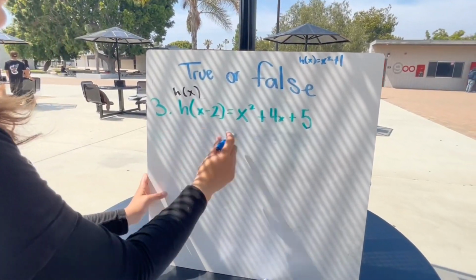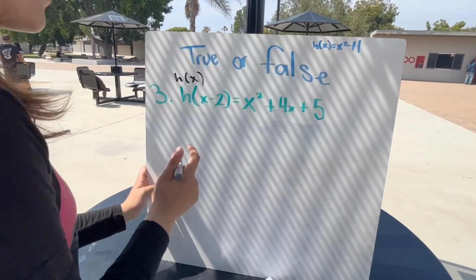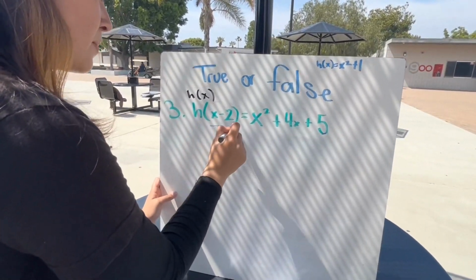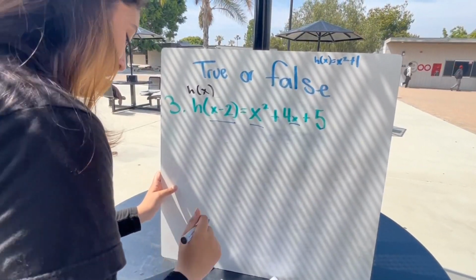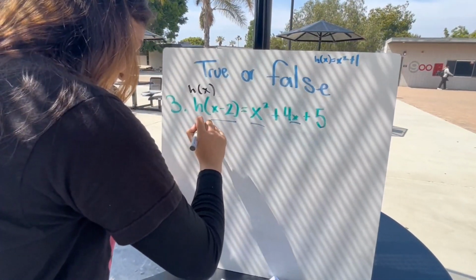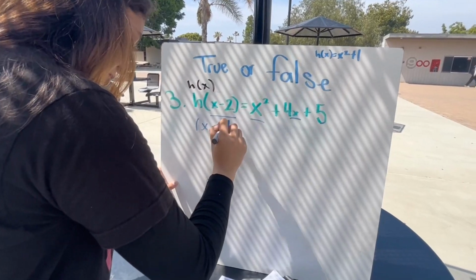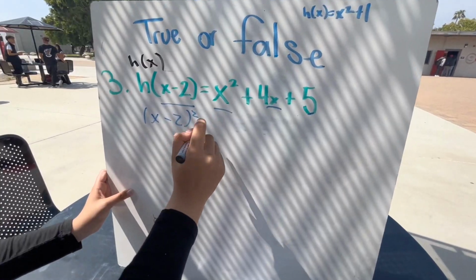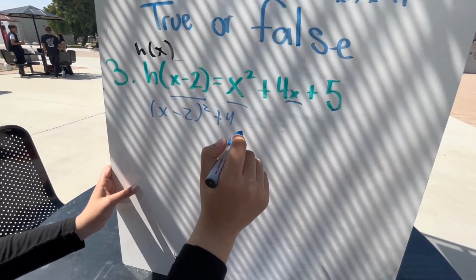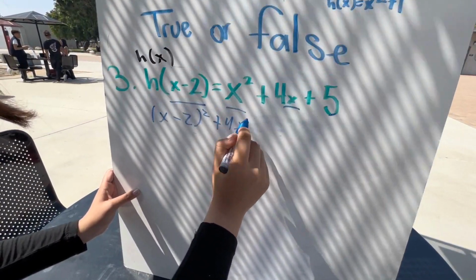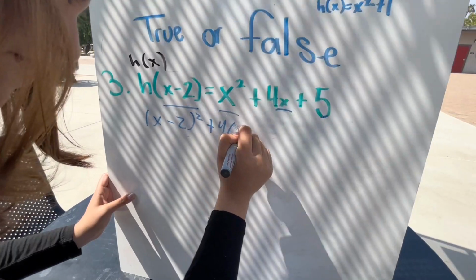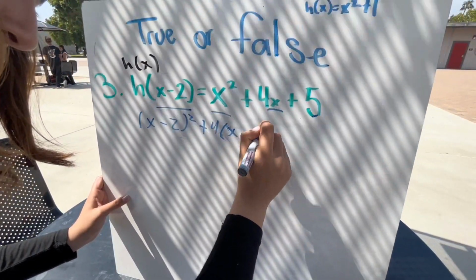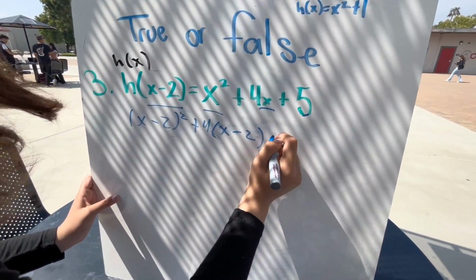So we're trying to prove whether this equation is true or false. So what we're first going to do is we're going to take x minus 2 and we're going to plug it into every x value that we see. So that's going to turn into x minus 2 squared plus 4x minus 2 plus 5,